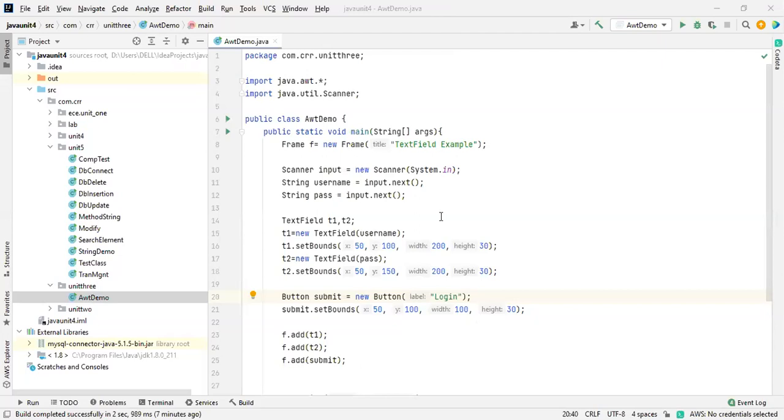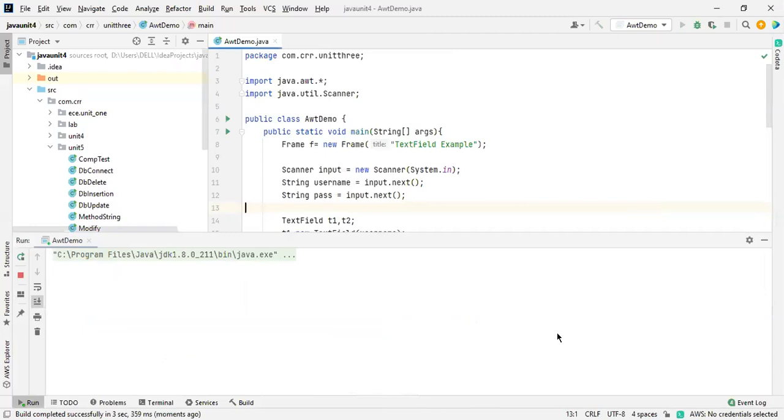Yeah, we'll run this program and we'll check what the output is. Let me run this. Yeah, so we have to give the name, whatever it is, I'm just giving names. Sorry, there was an error. It is not working. Just a second, we'll check whether it is in the proper manner.